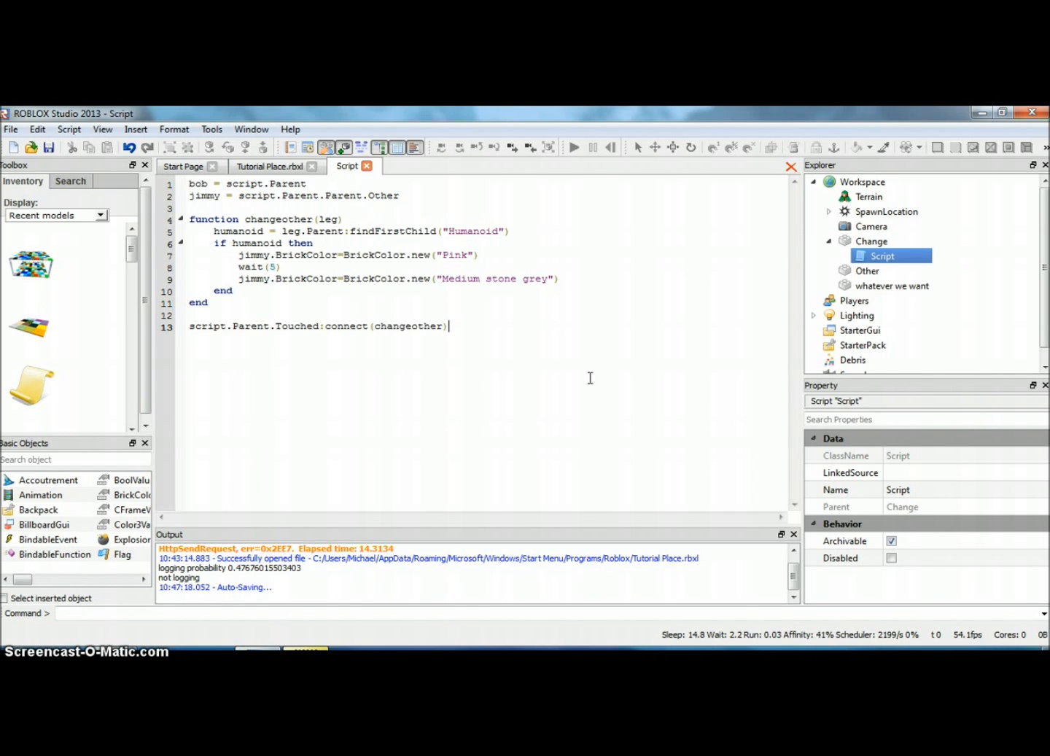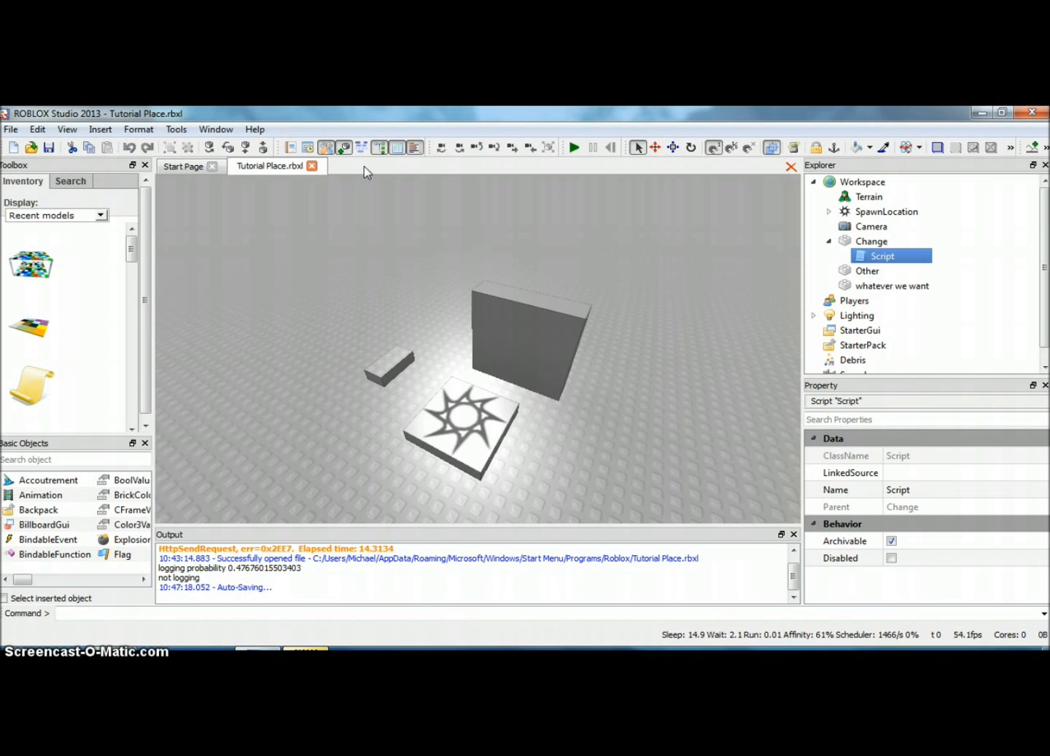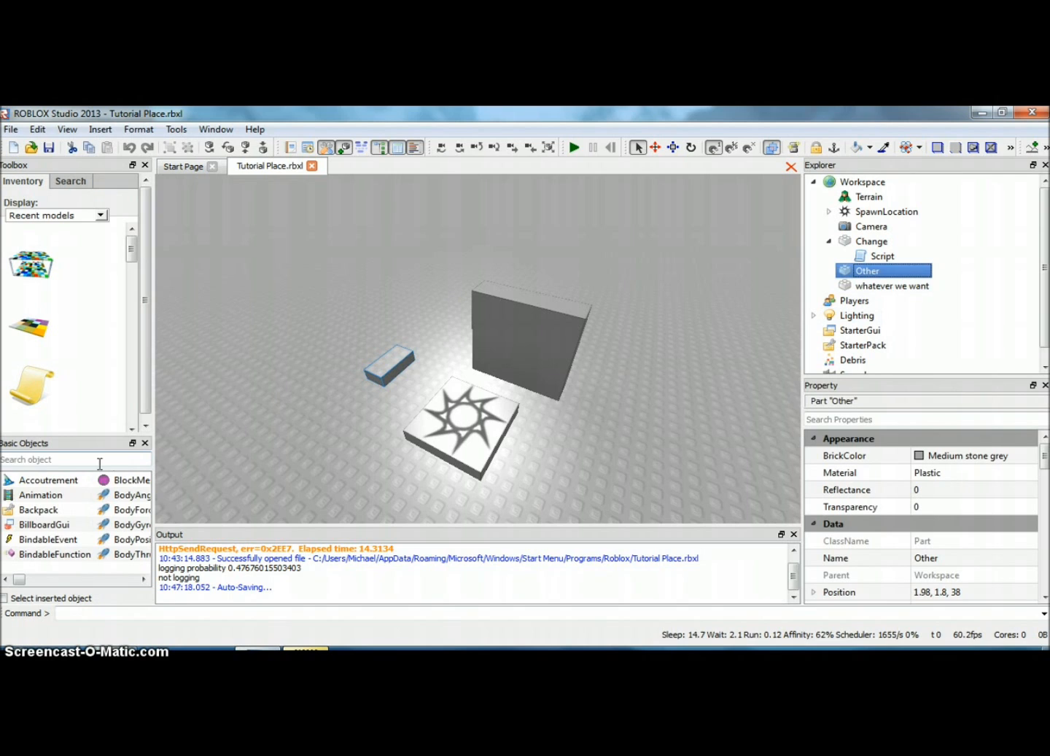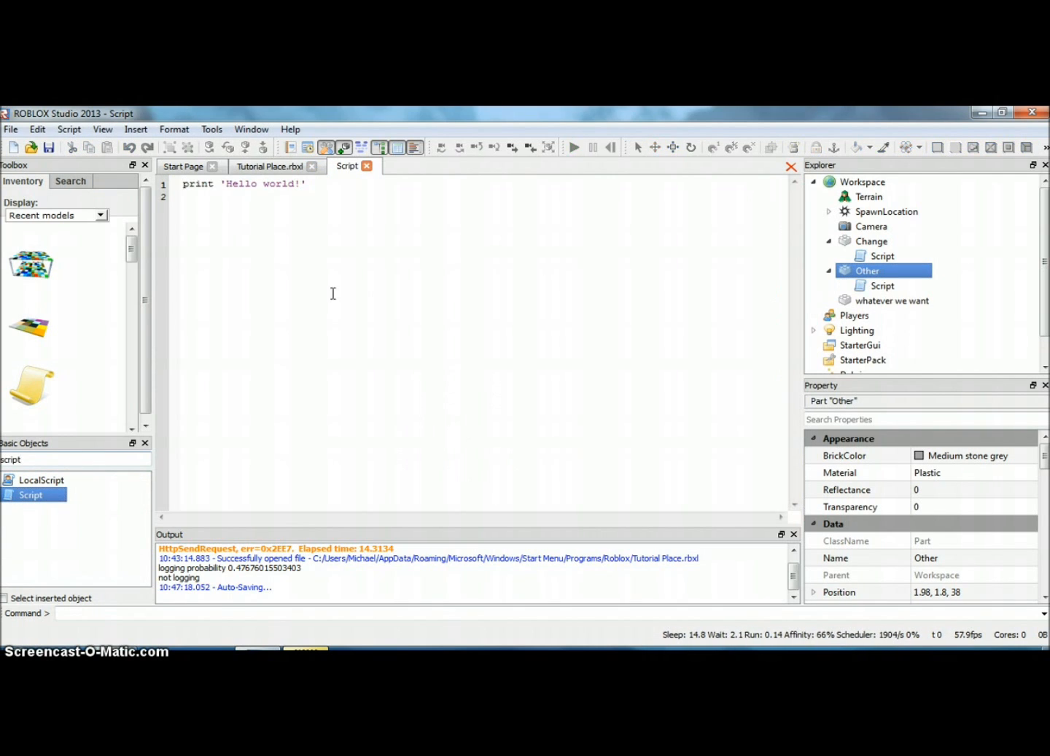So I'm going to make another part here, and I'm going to show you some other events. And yeah, actually, let's just use other. We have other right there. So let's go script for other. Not doing all that much right now. Alright, so